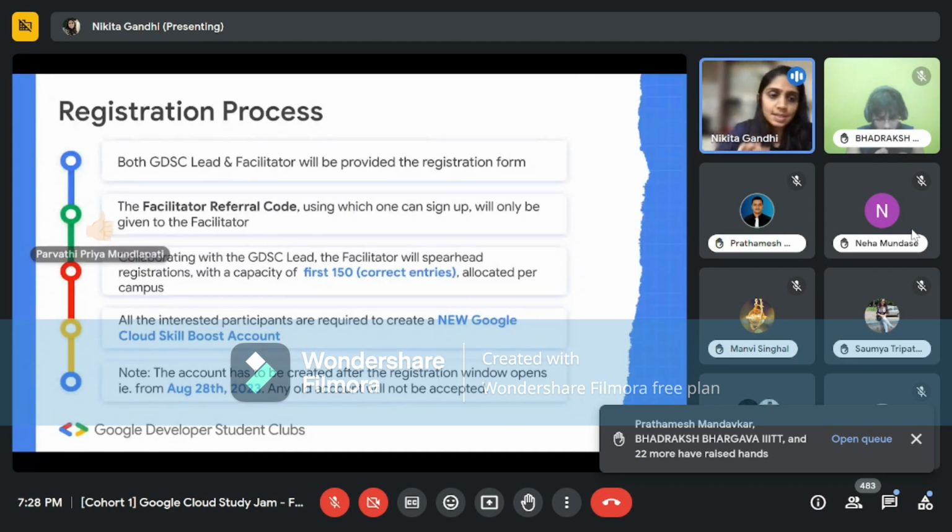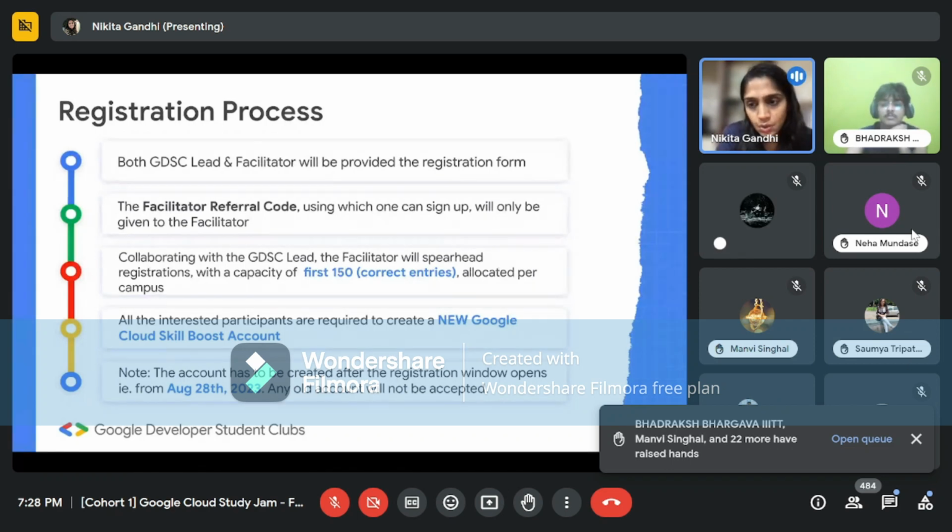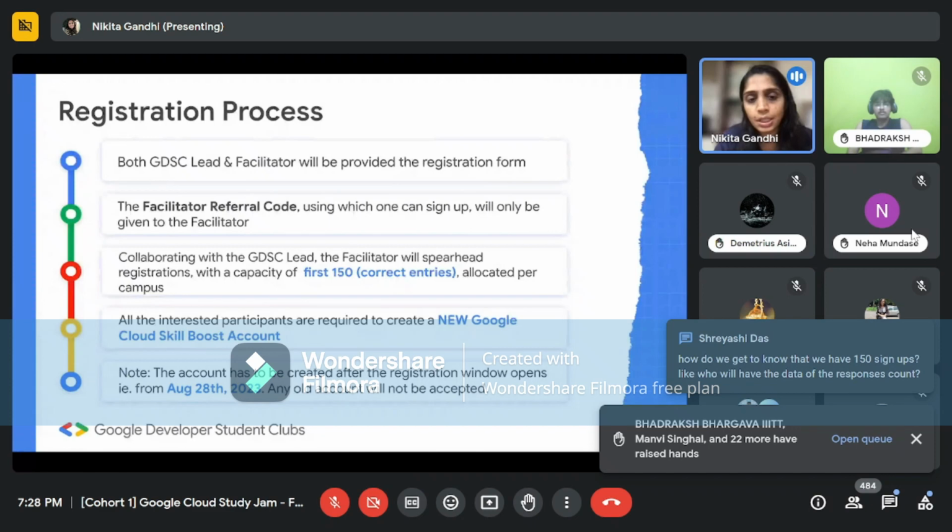So, what is this registration process going to look like? Both the GDSC lead and the facilitator, actually, no, only the facilitator will be provided with the registration form, and the referral code will also be provided to the facilitator themselves. And collaborating with the GDSC lead, the facilitator will spearhead registrations with a capacity of first 150 correct entries allocated per campus.